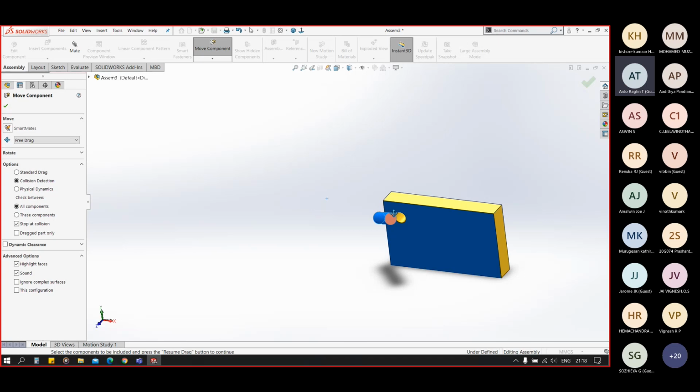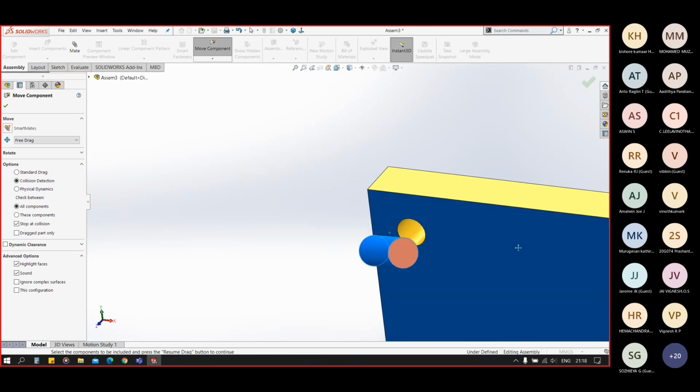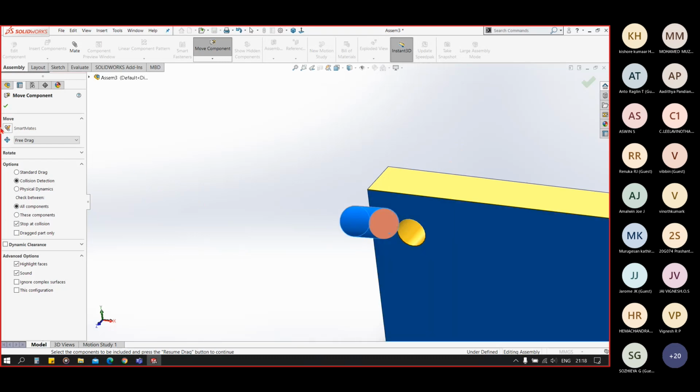You can see when we collide both the parts, the second part gets highlighted and the movement is getting stopped at the collision point. So this is the benefit of the move tool, that we have collision detection here.